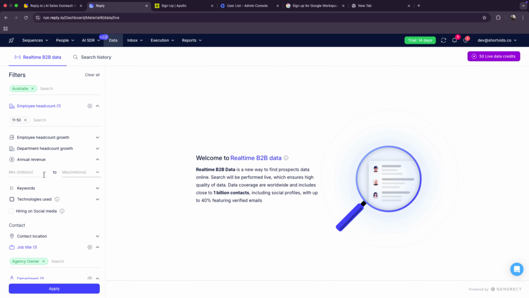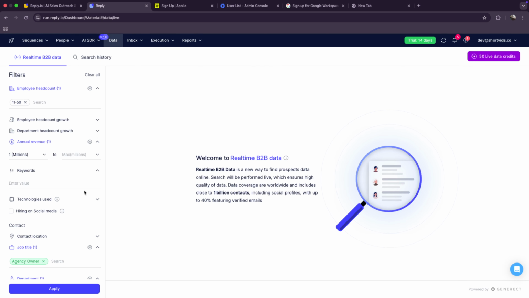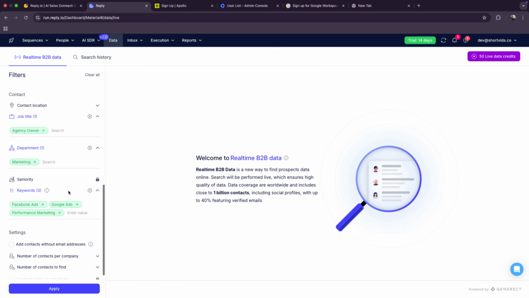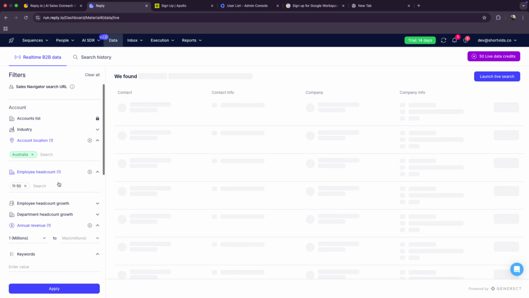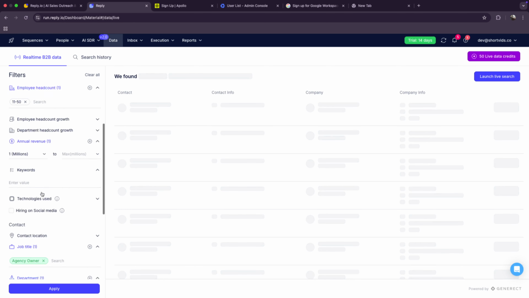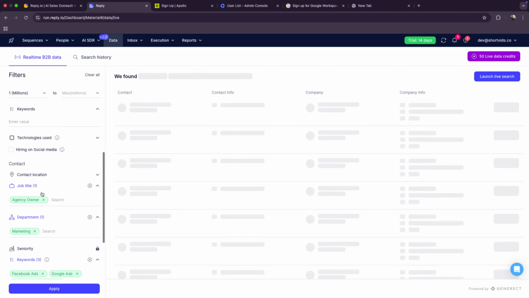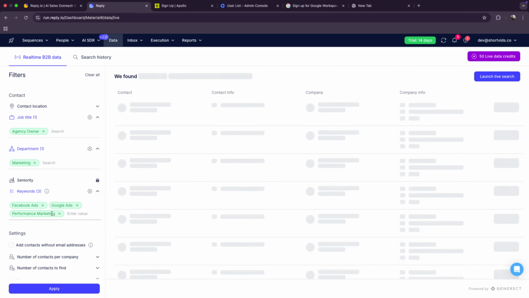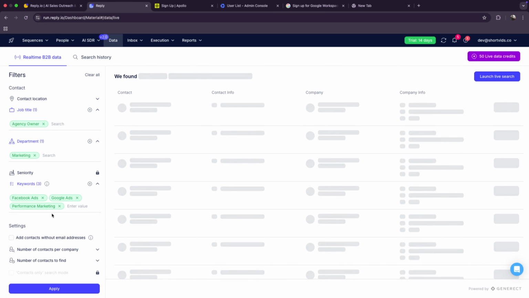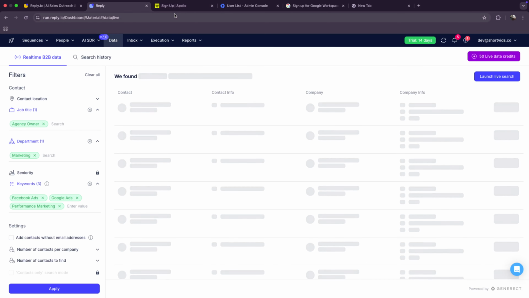Let's say they have a headcount of at least 11 to 50 employees, and annual revenue of at least 1 million a month minimum. Keywords, job title, contact title, everything is added. Let's click on apply. It is trying to find people based in Australia with 11 to 50 people, annual revenue of minimum $1 million, agency owners in marketing with keywords like Facebook ads, Google ads, and performance marketing.